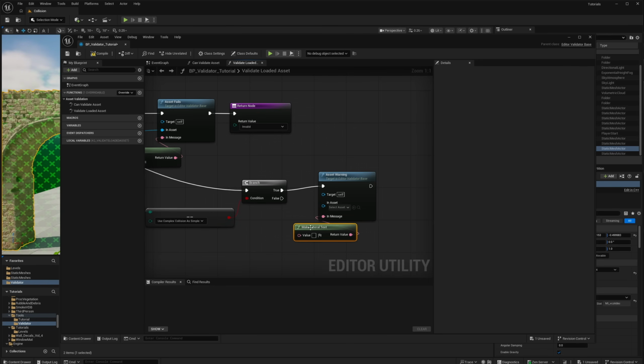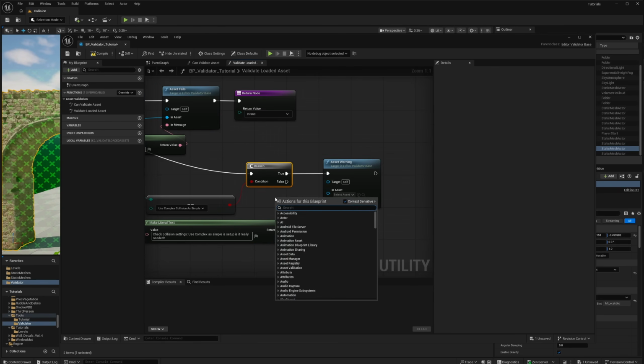So make literal text and check collision settings: use complex as simple is setup. Is it really needed? Question mark. So it's a long message, but